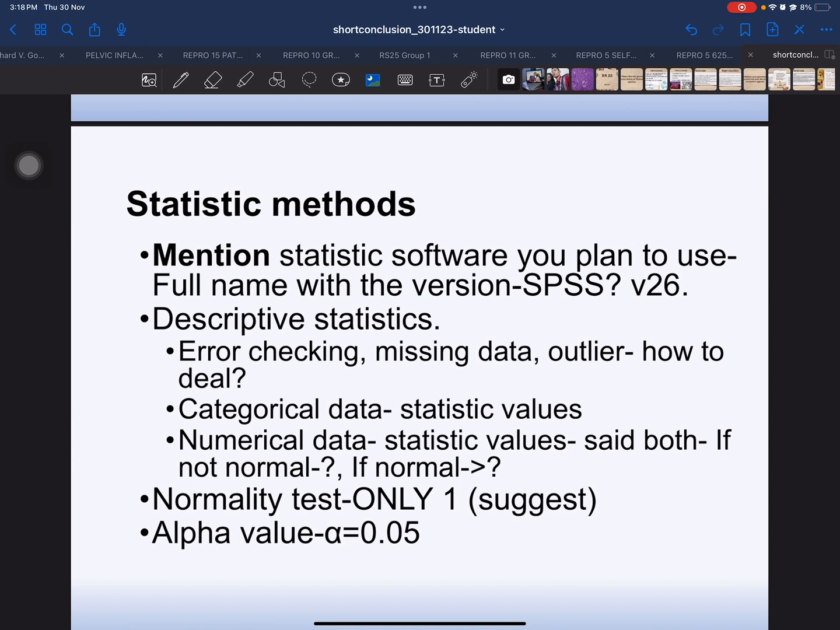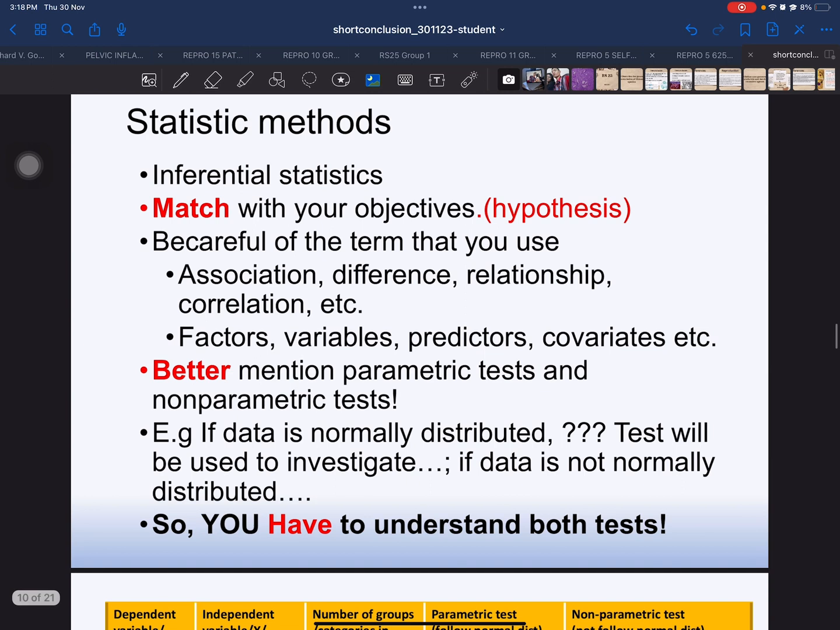The difficult part is you need to mention inferential statistics. Be careful of the term you use: association, differences, relationship, and correlation. If you use association, then throughout the whole proposal please use association. Don't use other terms. Like factors, variables, predictors, covariates, use one term throughout your proposal writing, or else it will be messy. Actually, starting from yesterday, the 3 of you were doing one proposal only, right? You might ask your friends to do chapter 1, another one chapter 2, and another one chapter 3. So you will have very different writing for the 3 chapters. It will come out as a messy proposal to your examiners,